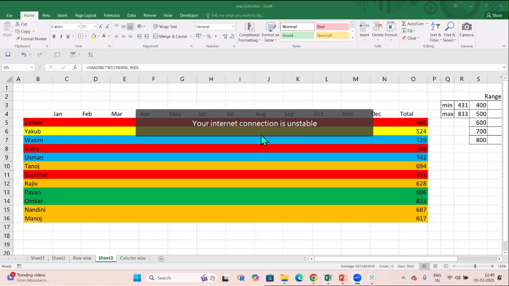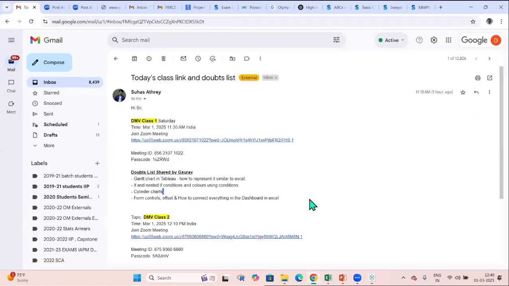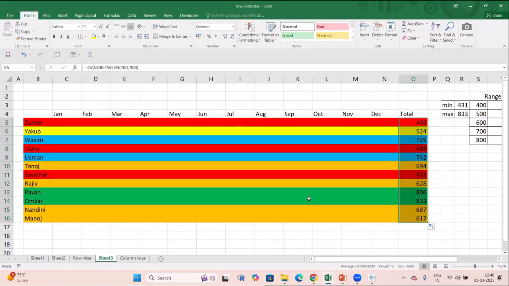Okay, so now I think form controls, how to connect everything in an Excel dashboard. So do you have patience to stay for 4 more minutes, or can we see this on Monday? We'll stay, sir. Okay, so if you are staying,